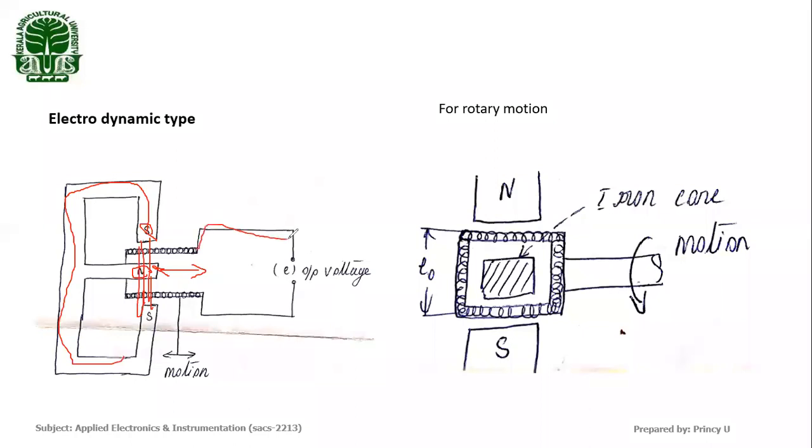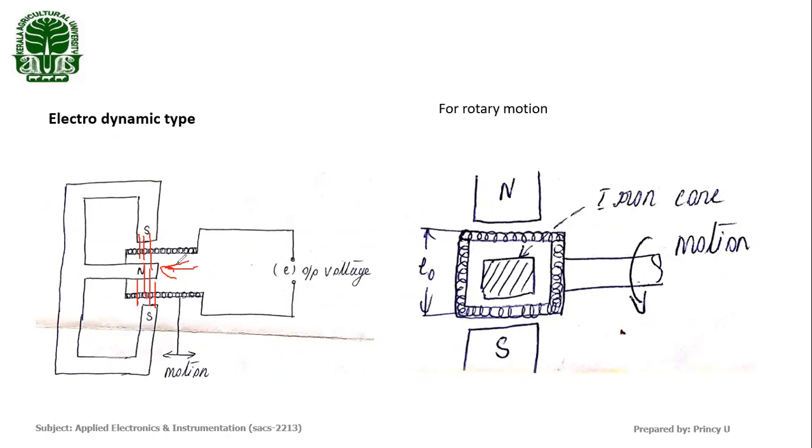We are taking two leads from the ends of the coil to take the output voltage. Okay, so when we move this cylinder into the magnet or to the left side of the magnet, what happens? It cuts the magnetic flux here. The magnetic flux lines present here will be cut by this coil.